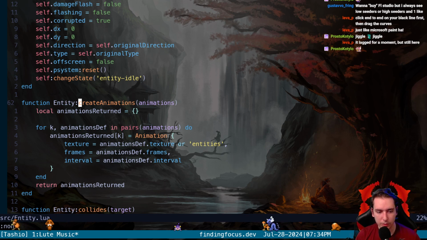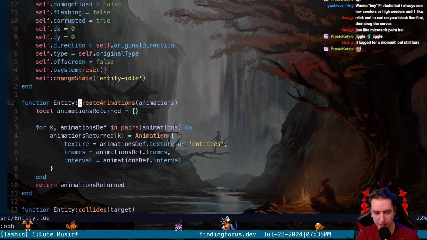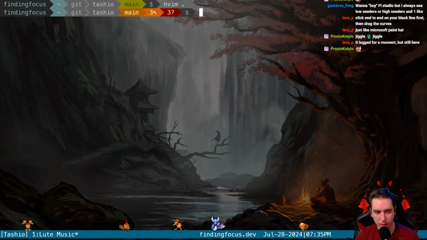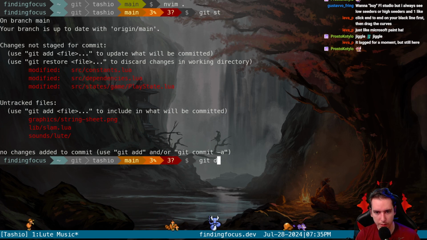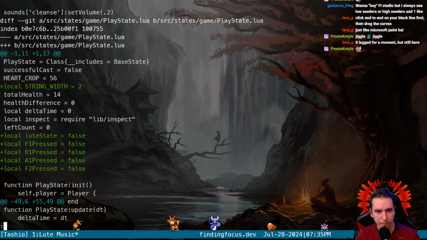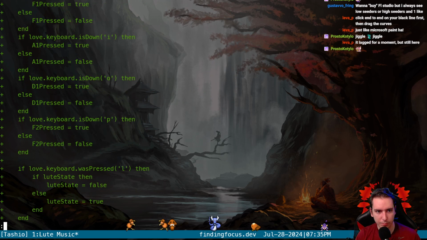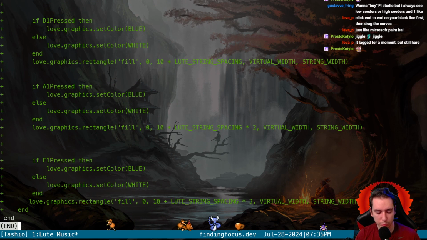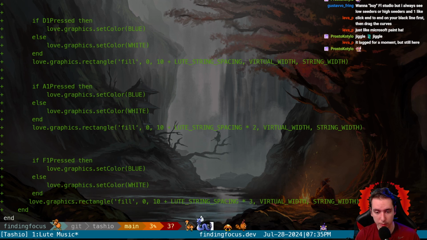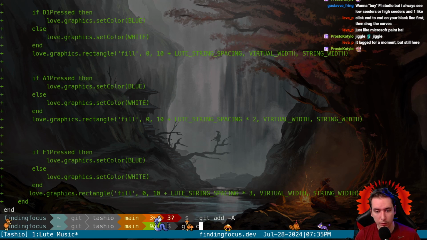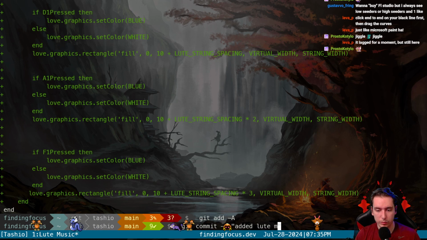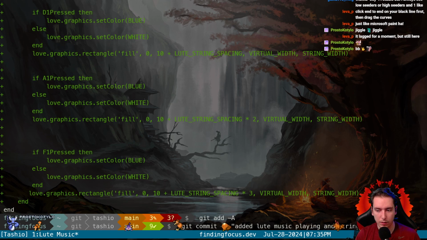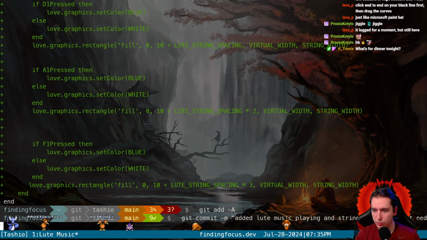So I'm not going to do this just yet because I have to go cook dinner, but we did get a lot of good stuff done. We got our lute music imported and working on screen with a little UI, and then we got the string animation. So that is going to be super sweet. Let's do, we added lute music playing and string animation, but need to,